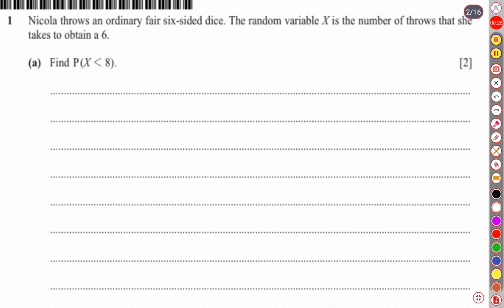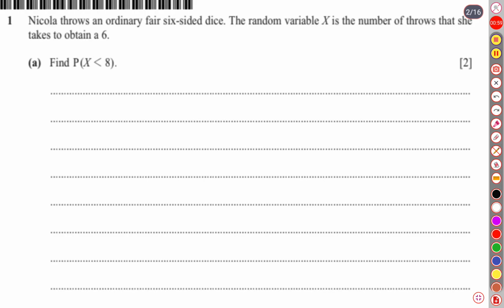It says Nicola throws an ordinary fair six-sided dice. The random variable X is the number of throws that she takes to obtain a 6. That means this is a geometric distribution. How did we understand? If we observe the question, whenever he obtains a 6, the experiment is over, throwing is over. That means he keeps on throwing the dice until he obtains a 6. So "until", or "for the first time", is the word which indicates that this is a